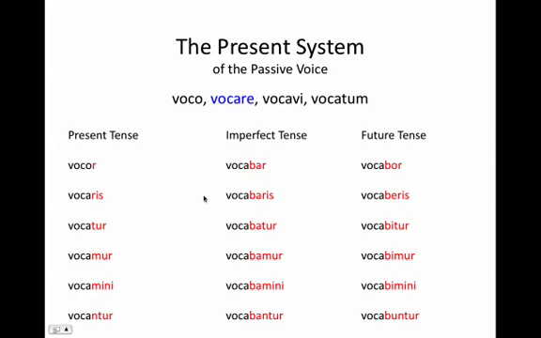So let's look at the whole present system together. Here are all of our endings for the present tense, the imperfect tense, and the future tense. These three make up the present system. And these are our passive voice endings. You need to start memorizing these, make flashcards, whatever it takes, but you need to begin to memorize all of